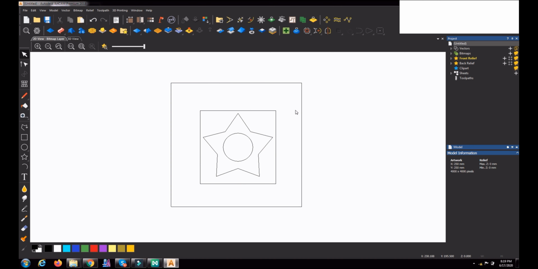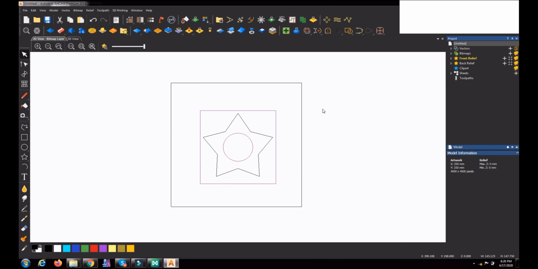For that there is a shortcut key, Control A. If you use Control A, all the objects will be selected. Suppose you have 50 objects, all selected, and you want to leave only one object unselected. Keep the shift key pressed, then select that particular object you want to unselect, and it gets unselected. This is helpful for larger selections of vectors.